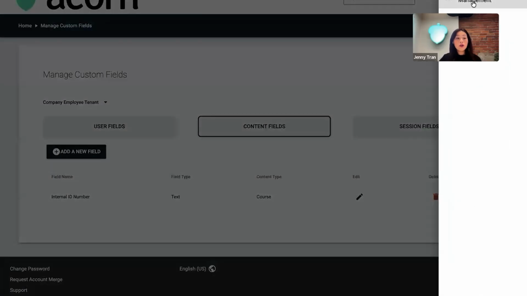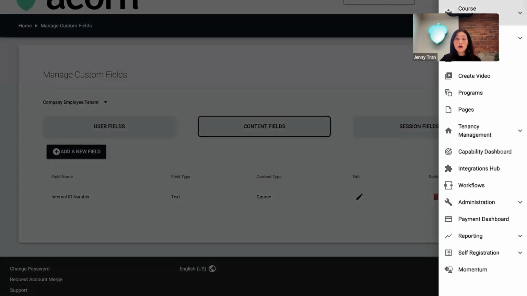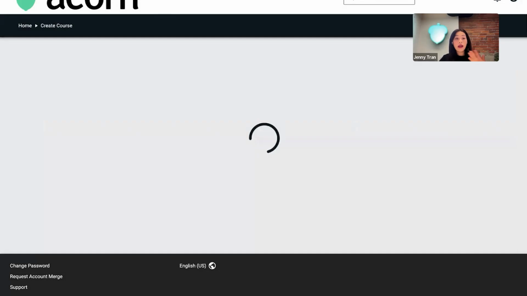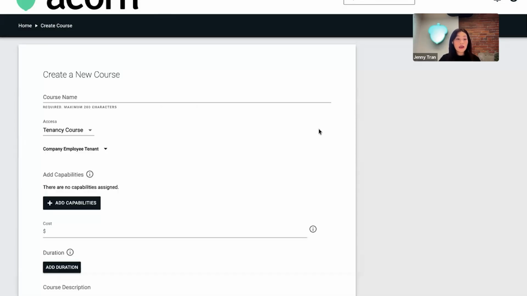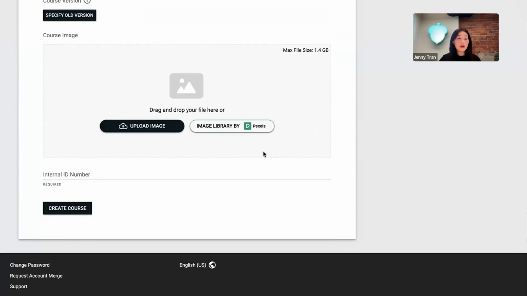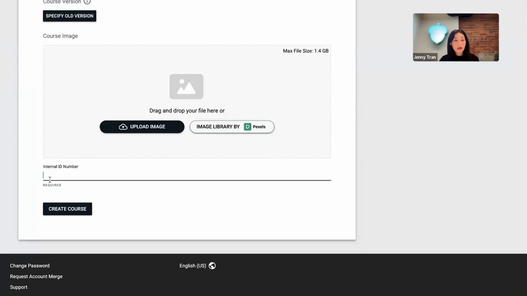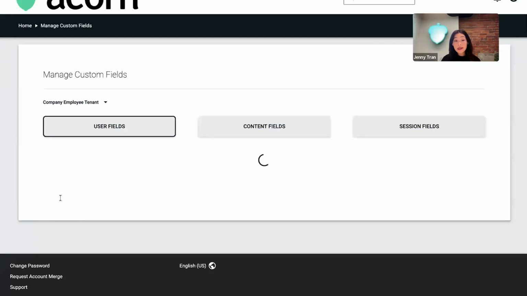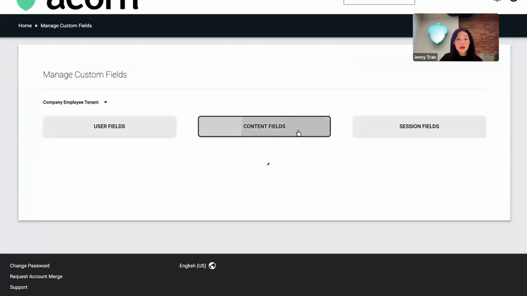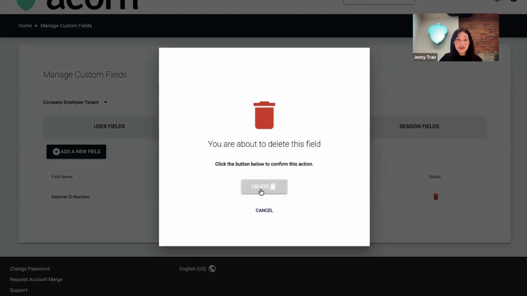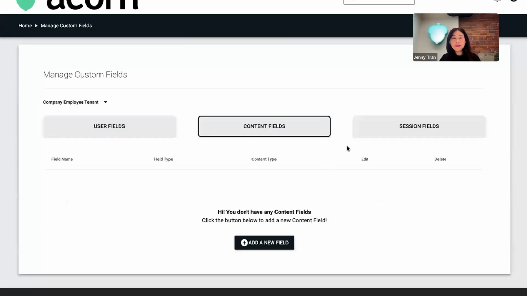is required. Just to show you very quickly what that will look like, I'll go ahead and I'll create a custom course here. And then at the very bottom, you see internal ID number. Keep in mind that with these custom fields, as well as these session fields, remember sessions pertain to live learnings, they actually could be translated on certificates as well. I'll go ahead and just delete this because it is a shared demo environment and I don't want to mess